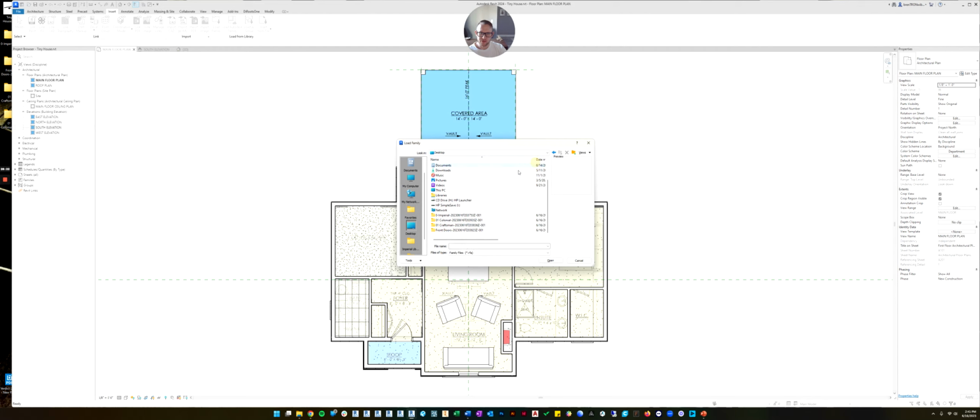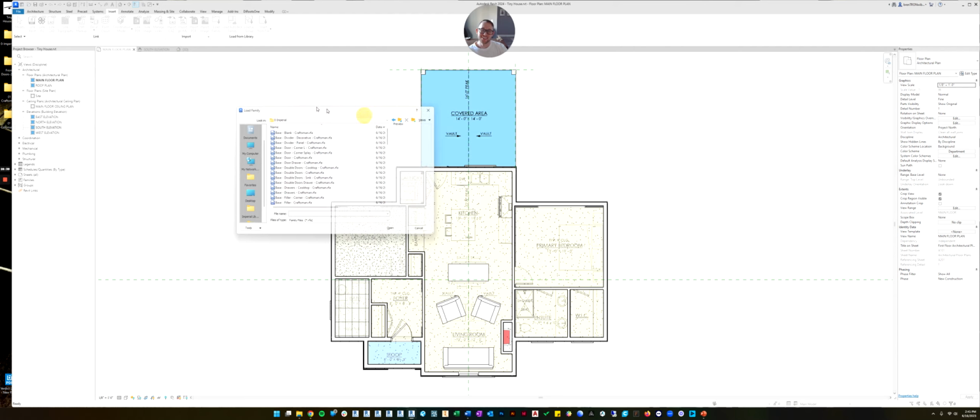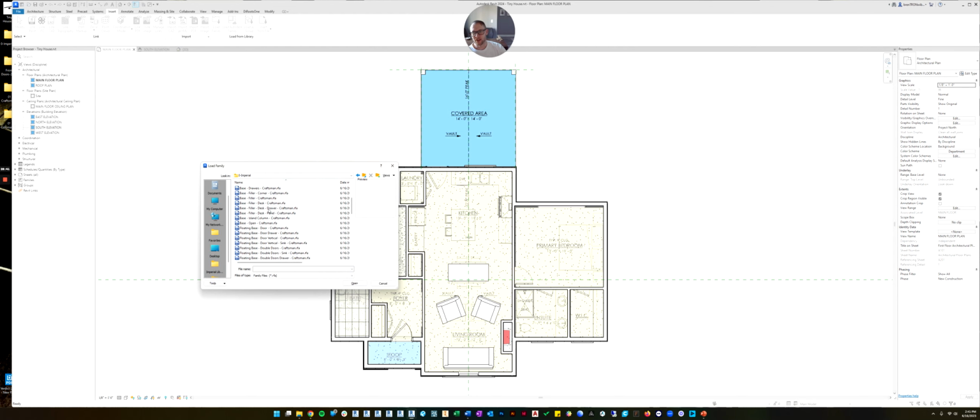let's do the cabinets first. Oh, those weren't the cabinets. Let's see. Right here. So here's all the cabinets. And you probably don't want to bring them all in at once. You'll probably just want to get them as you need them. But if you click on them in here, you can see what they look like.